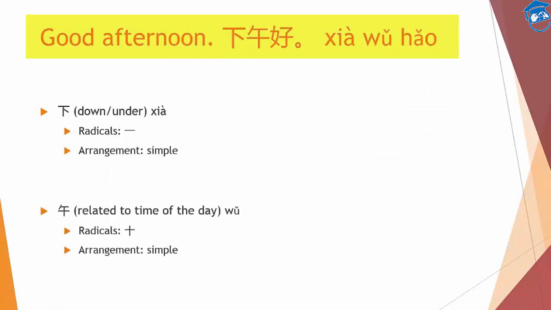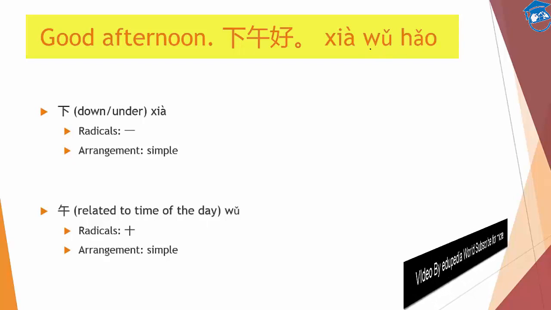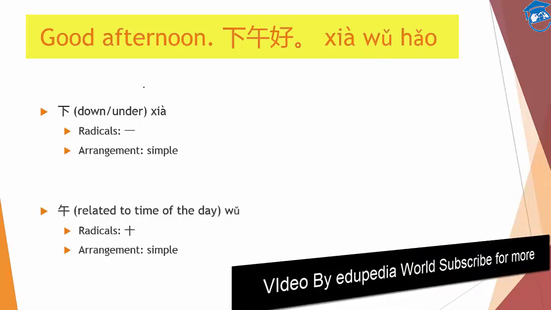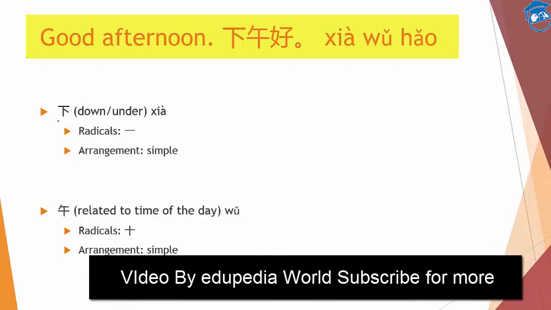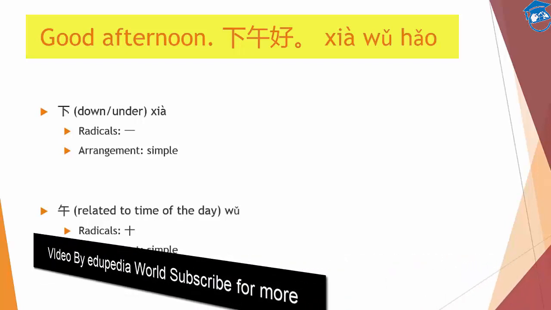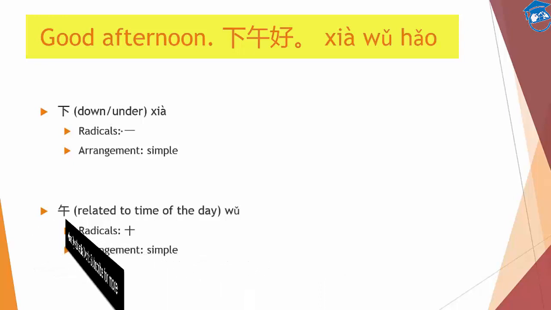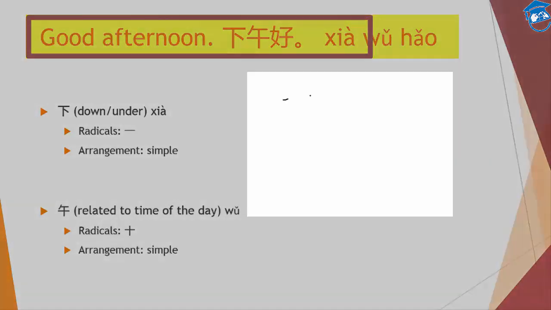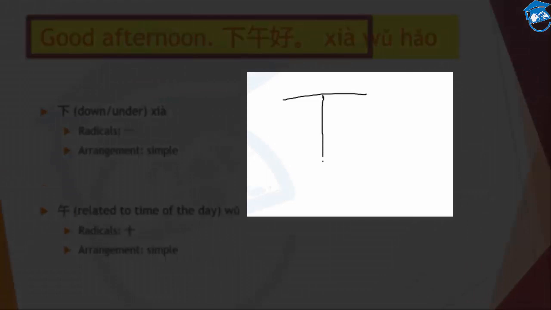The next one. 下午好. So again, because there are two third tones together, we will make the first one sound like second tone. Okay? 下 is down or under. Okay, so it's the opposite of up, shàng. Okay, so you can see this is like pointing downwards. And this is a radical, the arrangement simple. Here is how I write it. 1, 2, and 3. Okay,